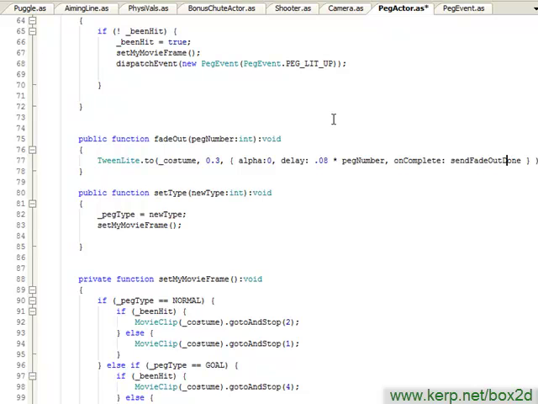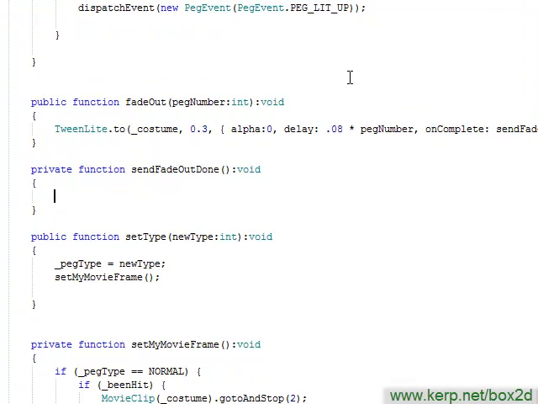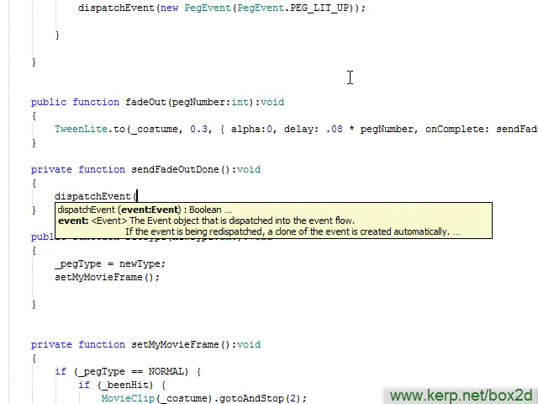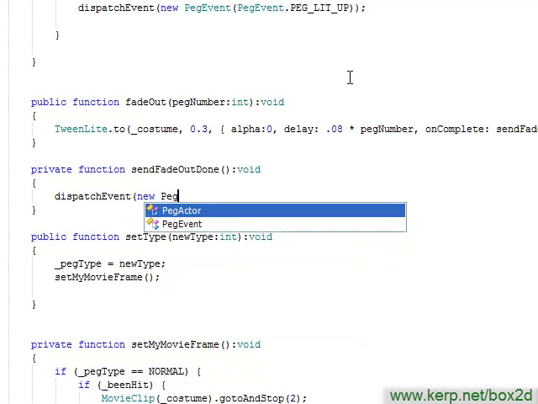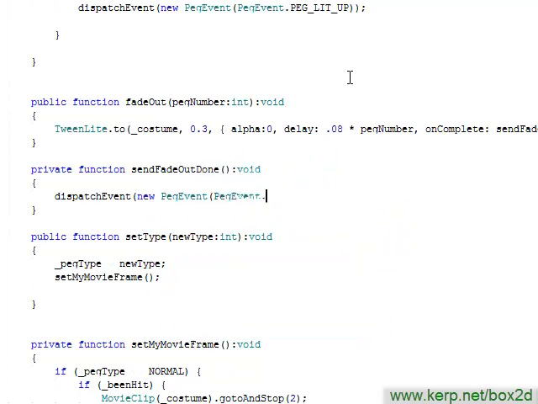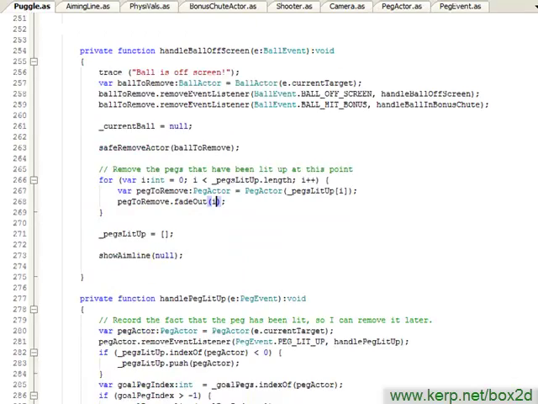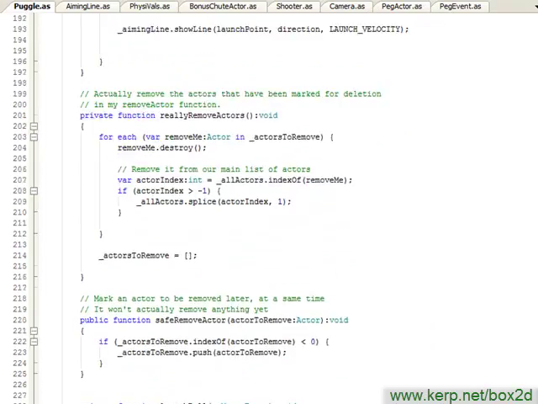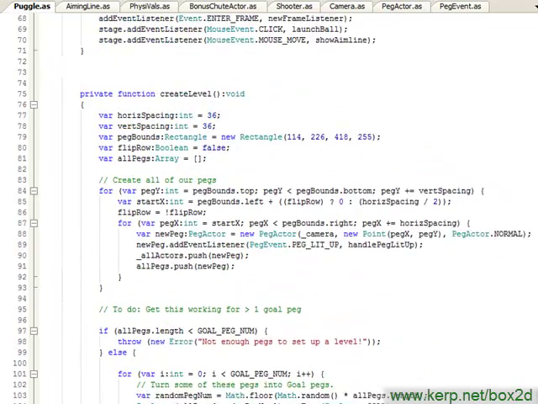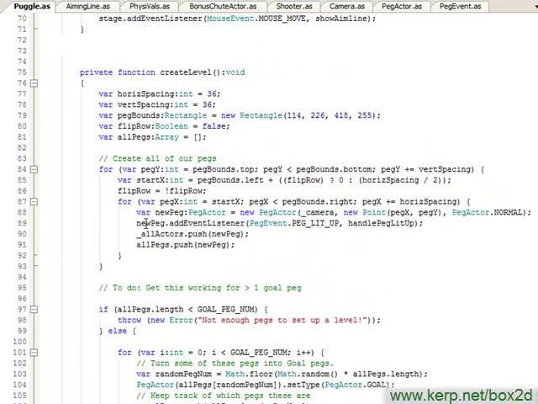Again, I can hit Control-Shift-1 and generate this function. And all I'm going to do here is dispatch an event. And it's going to be a new peg event of type peg event dot done fading out. And so now that I've dispatched the event, the other half of the equation is listening for this in my Puggle application. So I'm going to go back to Puggle and I'm going to go up to basically my create level function